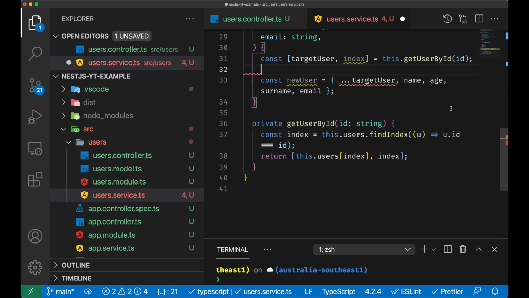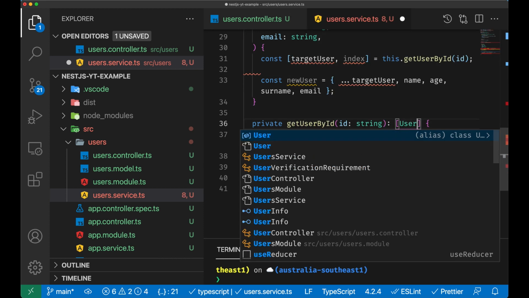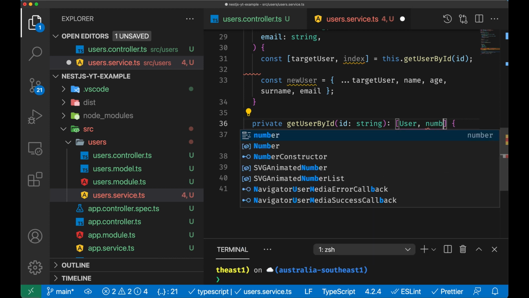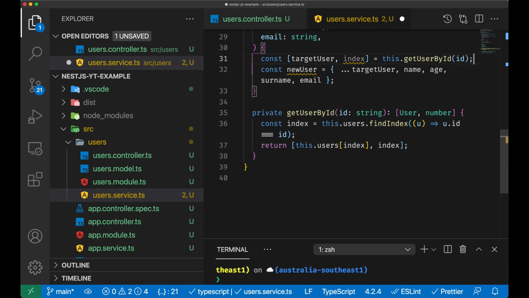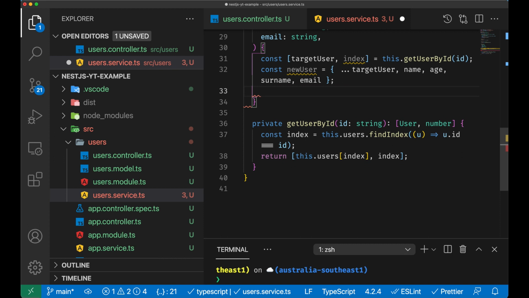However, TypeScript is complaining because this user's index can also return simply a number. So we need to tell TypeScript this function is always going to return a user and a number. However, if we throw an exception of 404, we would also want to return a never